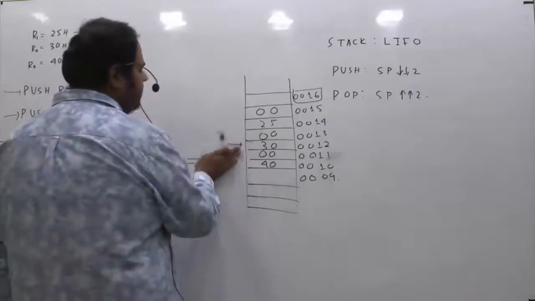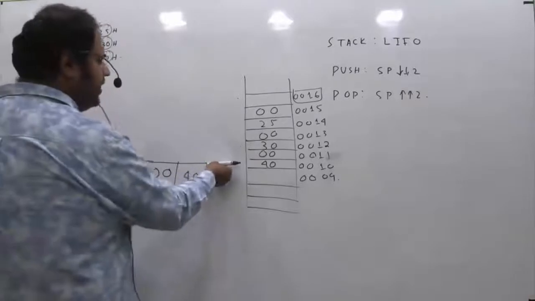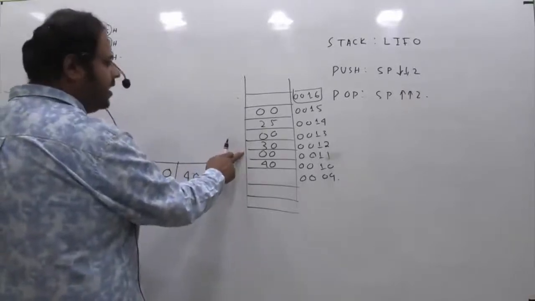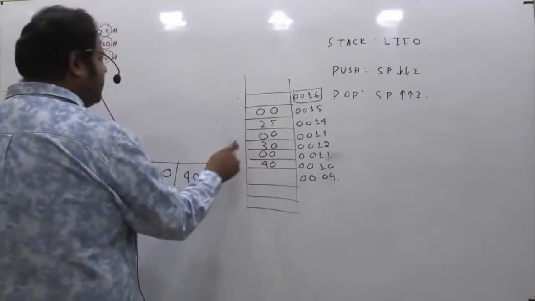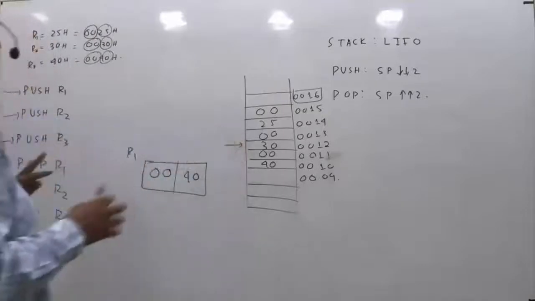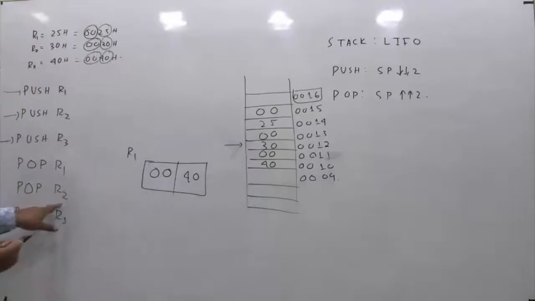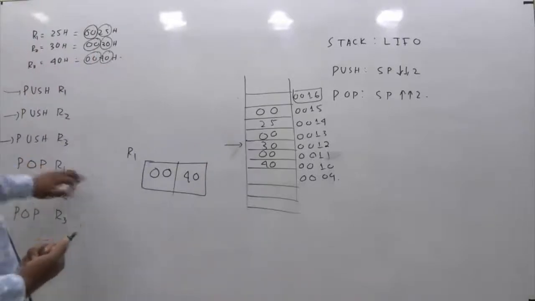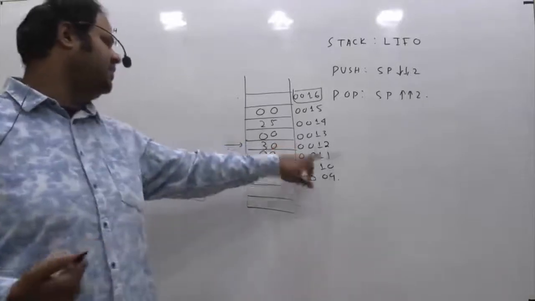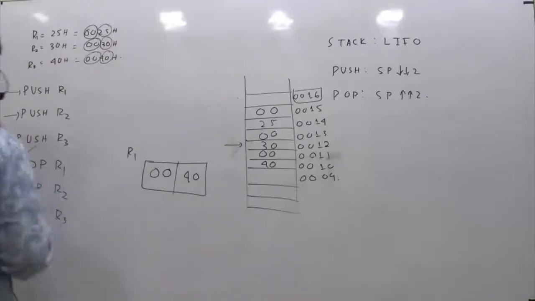So when the increment is happening, first it copies and then increments. It was pointing to 40, it first copied 40 and then incremented, so it came here. Now again it copied 00 and then incremented. So now the stack pointer is pointing to 30, but note that we haven't executed pop R2. So at the end of pop R1, the content of R1 is like this, and the stack pointer is pointing to this location, which was earlier this. You can see it is incremented by 2. So this is over.